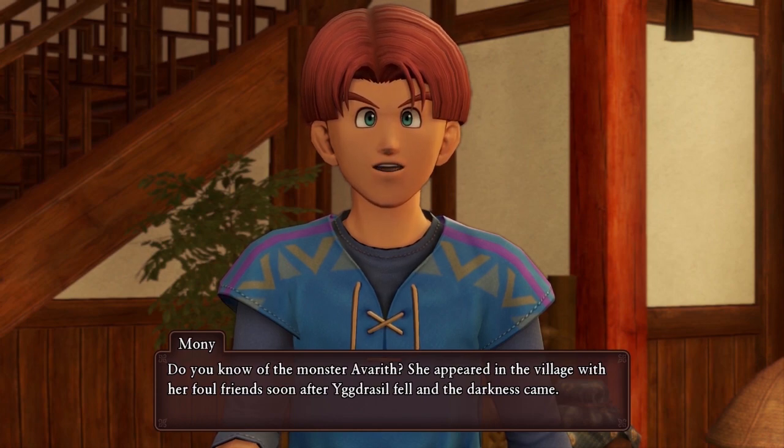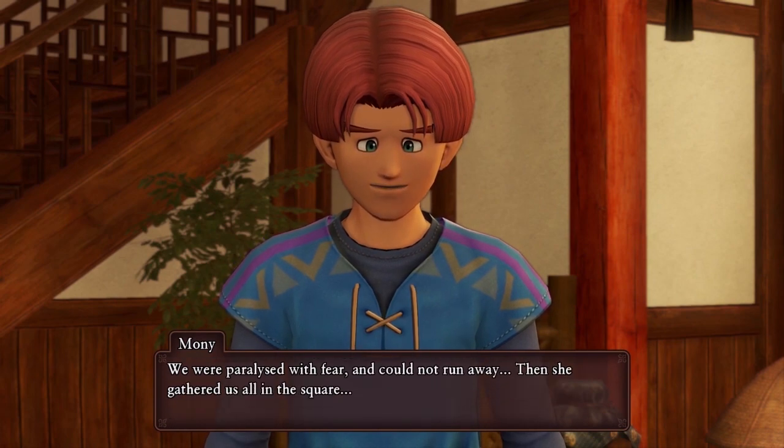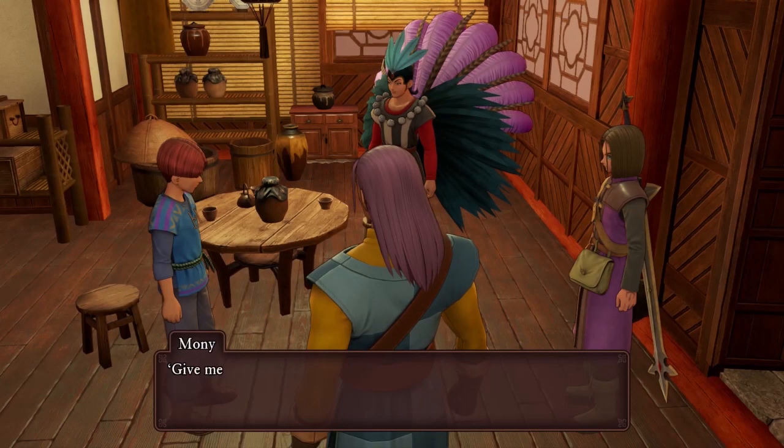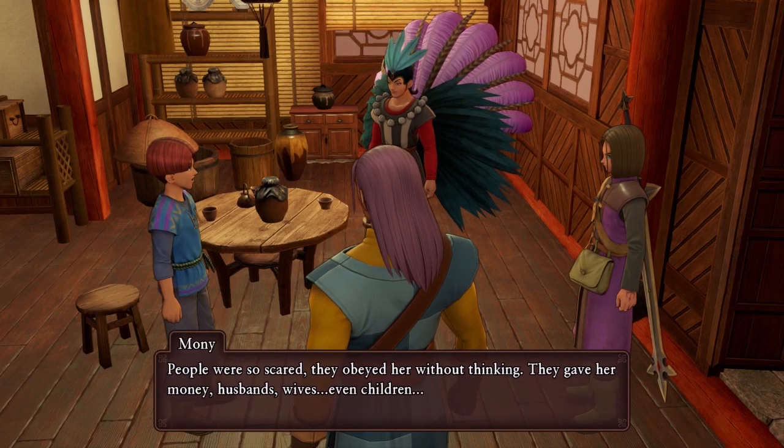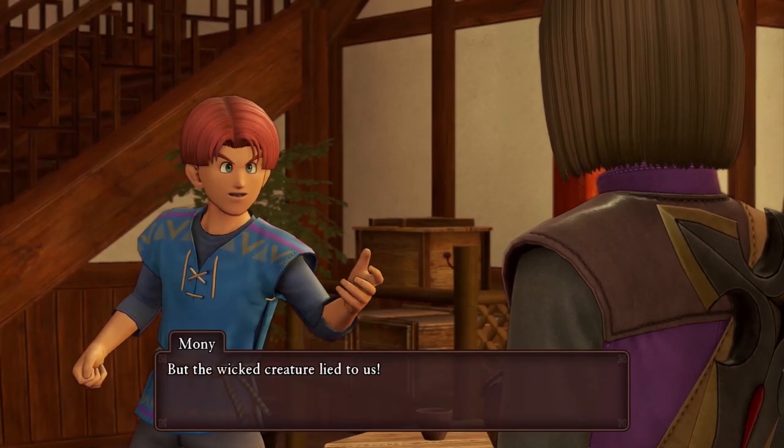Soon after Yggdrasil fell and the darkness came, we were paralyzed with fear. Now we can talk about it. Basically, Avarith is a monster which turned up at Phnom Nonh when everything had fallen after Yggdrasil. So basically she just decided, okay, I'm going to leave you alone. I'm not going to bother you, but you're going to have to give me the most valuable thing that you own. And so many people took